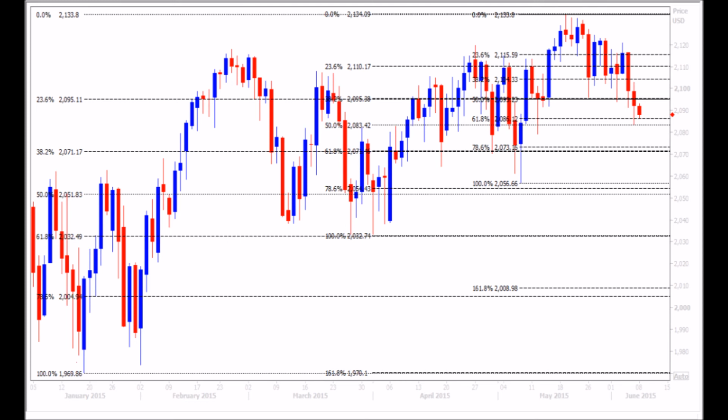I can then take a third point, being the low at 2056. This would give us 3 sets of Fibonacci lines on one daily chart. This is all a short-term trader really needs for day trading. As long as he's aware of the longer term levels, of course, you've got to keep an eye on those, glance at them at least once a week on the weekly chart, monthly chart. The overlapping lines are the areas of confluence which should act as strong support and resistance areas. This is where the trader would wish